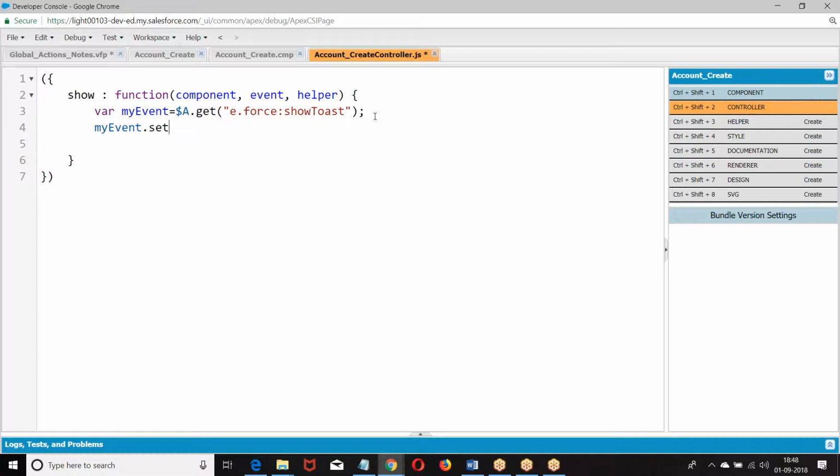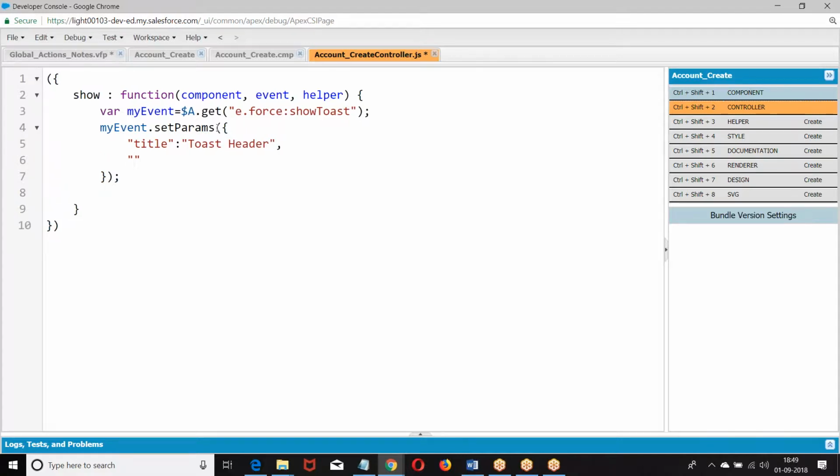My event dot parameter should be passed like a key value pair. Then we are supposed to fire.